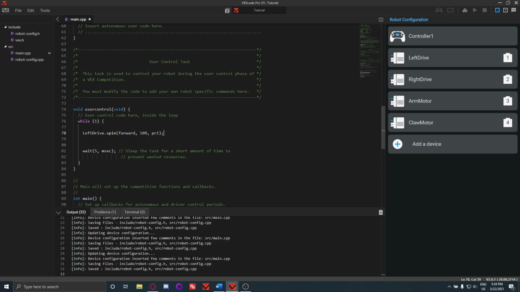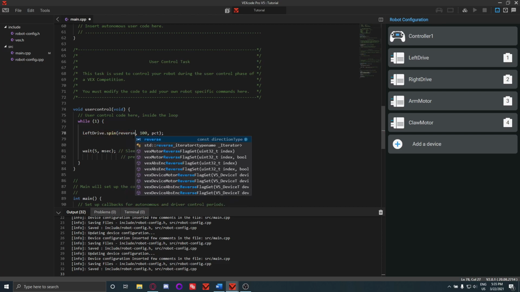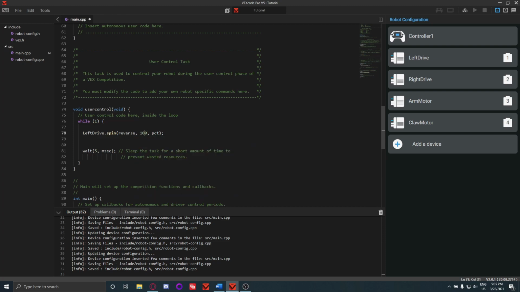So what this is essentially saying is to start the motor left drive and spin it forward at 100% power, right? And we can change all of these values. So say we want it to go backwards, we can do reverse. Say we want it to run at 50% power. Say we don't want to do percentage, we want to do RPM. So now it'll run at 50 RPM. And if you want to use rotations per minute,